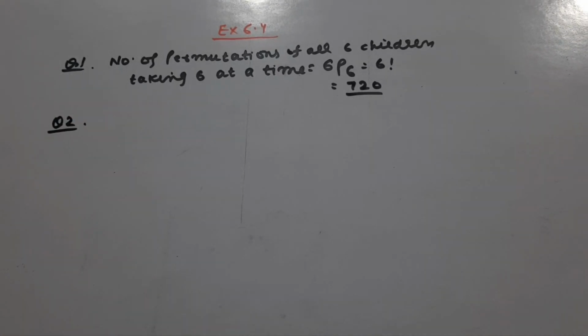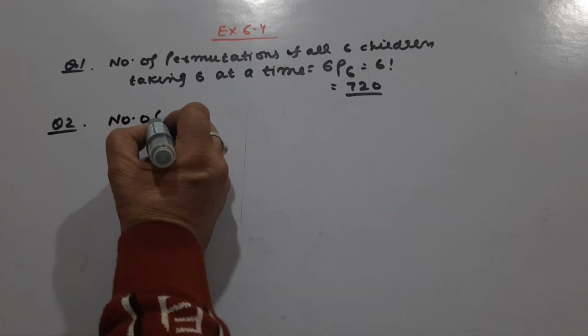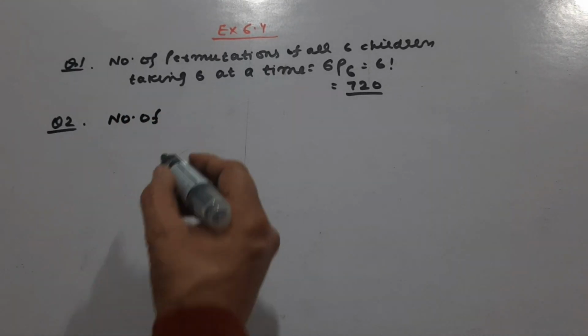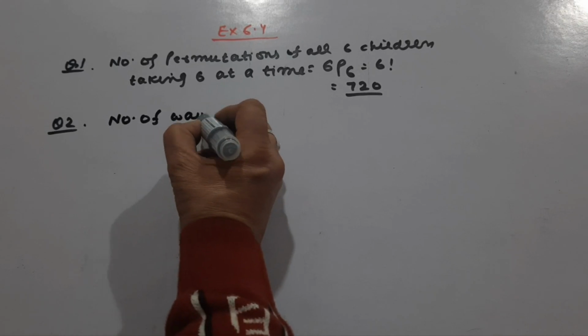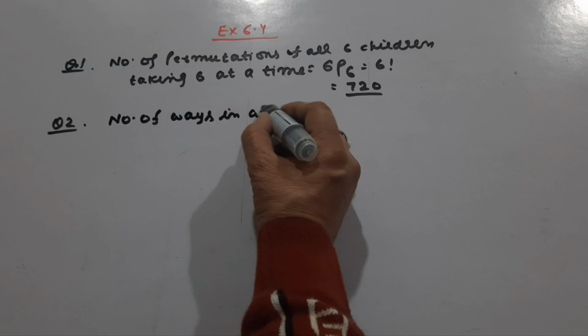Now second question, in how many ways can 5 women draw water from 5 taps if no tap remains unused? So students, there are 5 women and 5 taps. So number of ways, or we can write number of permutations, number of ways in which